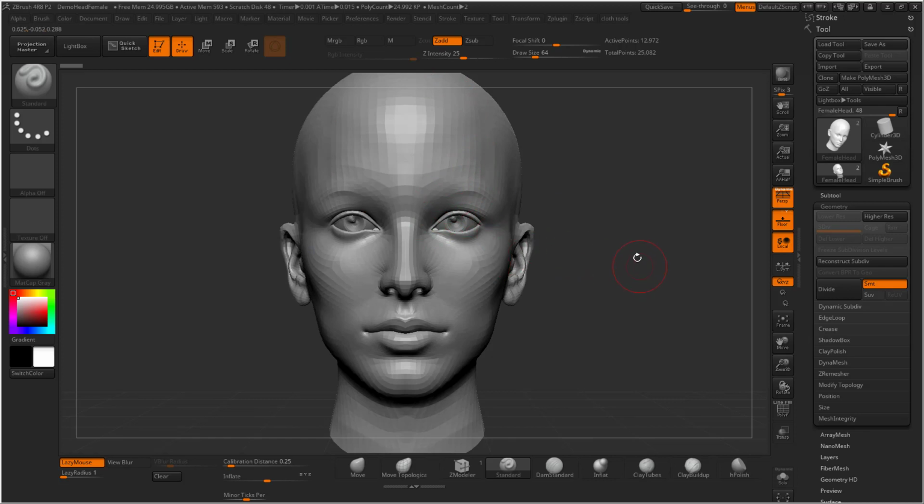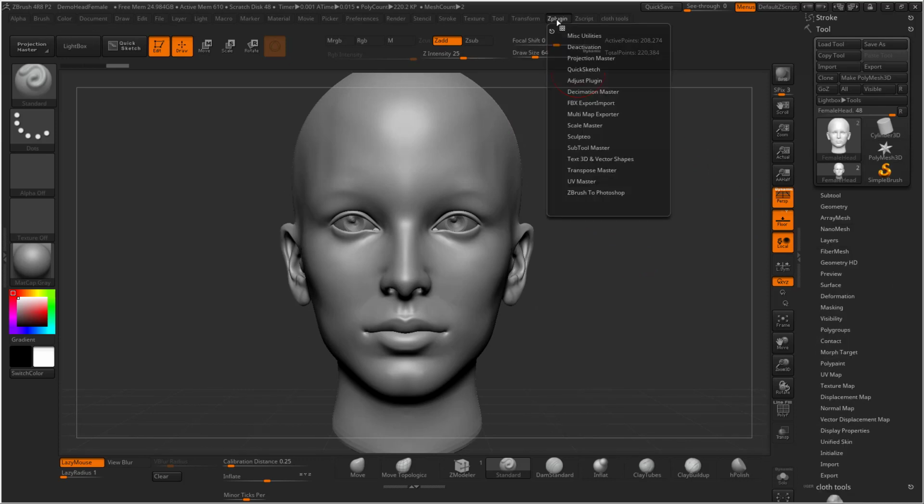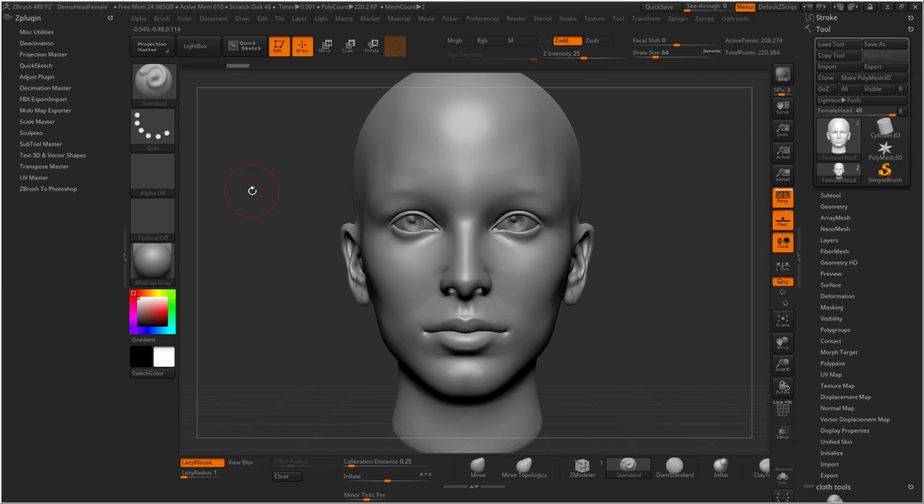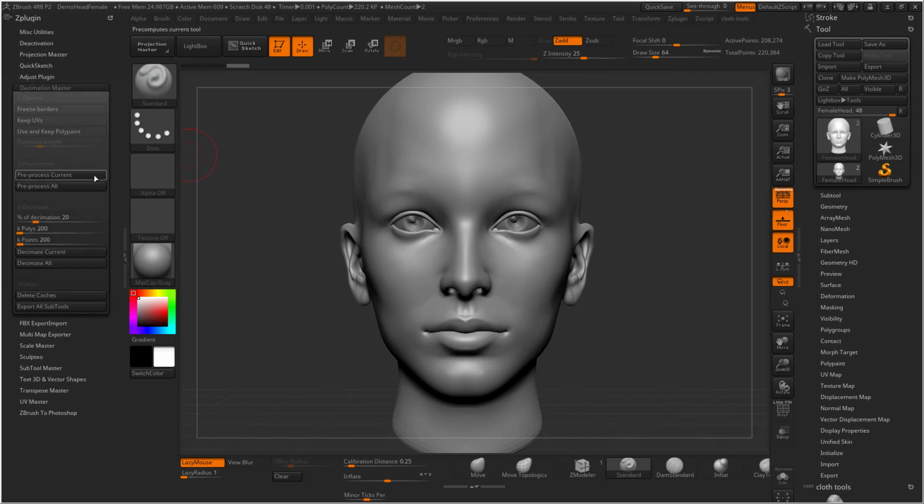So what I'm going to do is I'm going to subdivide this one more time just to show you this. Let's do another one as well. And what I'm going to do is I'm going to show you this very quickly. We go to the plugins. I'm going to dock the plugins, and then we've got this in Decimation Master. I'm going to